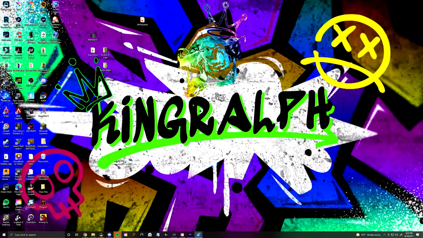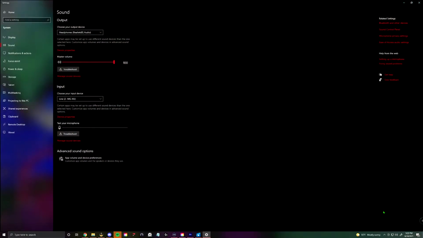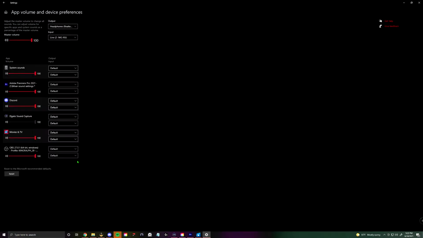to hear it. If you cannot hear it right away, it's because you have to set up your sound settings. So what you're gonna want to do is go to your speaker down here at the bottom, go to open sound settings, and go to apps, volumes, devices, excuse me. And on here, which is not showing, there it is. On here,